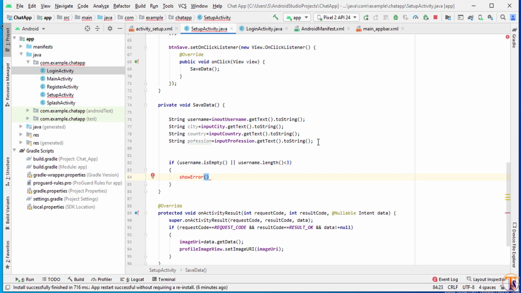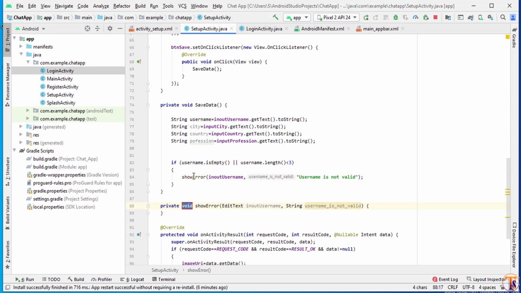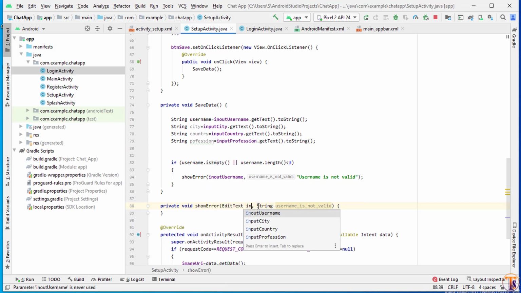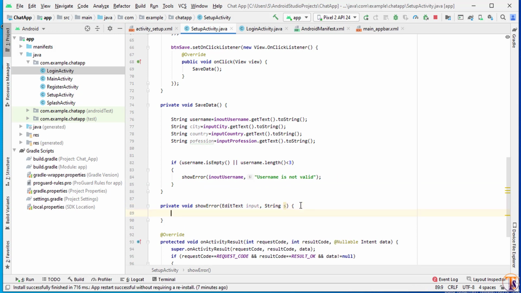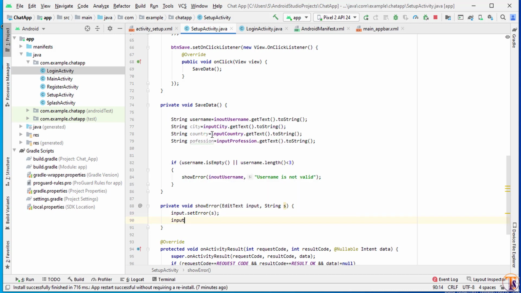So I will pass here input username, and second one is error, username is not valid. Also we will create this error here, this method. So I will call it input and simply change it into s. So now input dot set error, and here pass s, and input dot request focus.